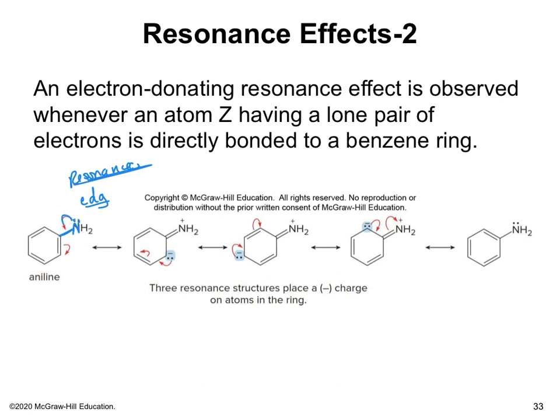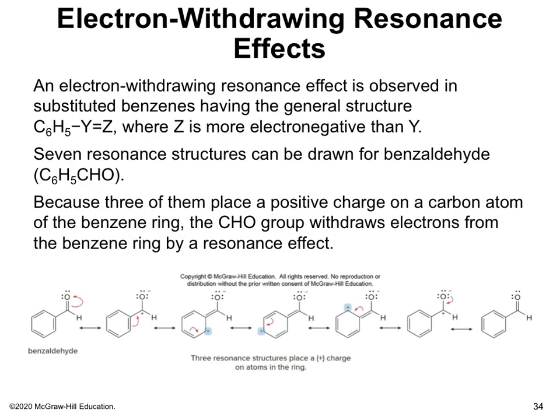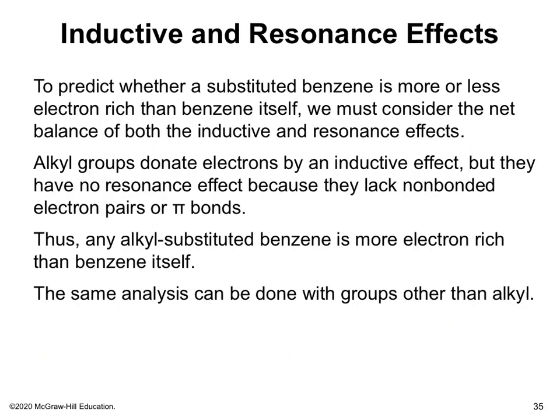So here, this donates those electrons, and you can see that those electrons are delocalized through all of these different resonance structures. If you have a carbonyl, it will be an electron withdrawing group. Here, the electrons in this resonance structure go up here to give you a positive charge on that carbon. Now you have a positive charge on that carbon, which pulls those electrons, and instead of donating electrons into the ring, it makes every carbon around the ring partially positive. So the most important thing is going to be pretty much your resonance effects